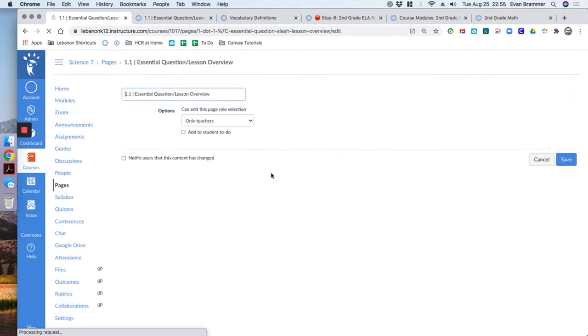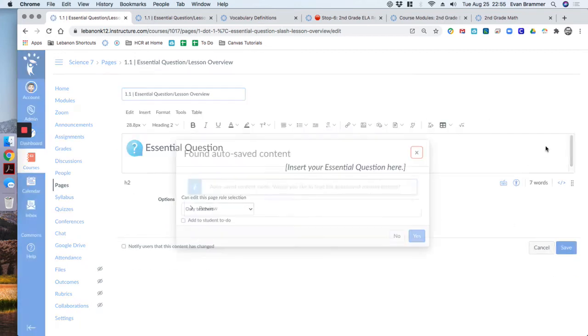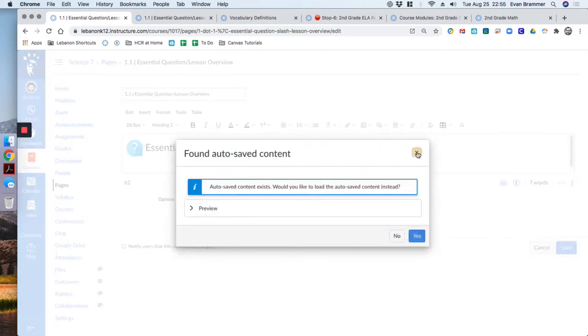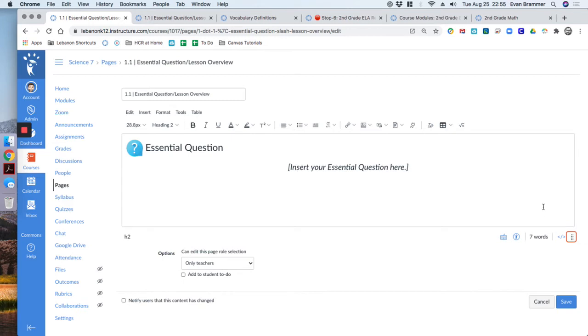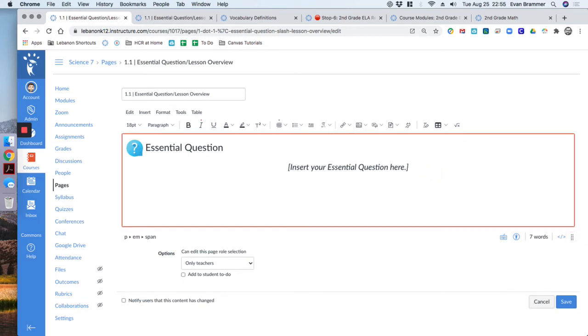Edit, and I'll come back and edit this in another video, but let's just put under here, I'm just going to say, what's our learning plan or schedule. You can use a wide variety of words. Whatever you use, you should use the same word over and over so that your students know what to expect. And then I might put under here and indent a little bit, go in a little bit,